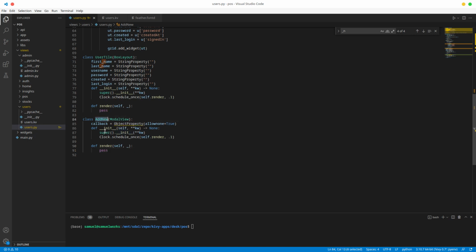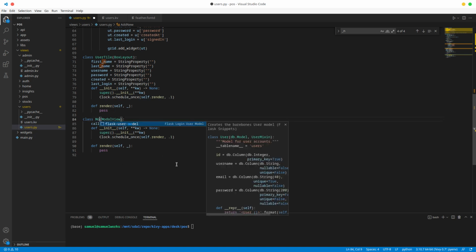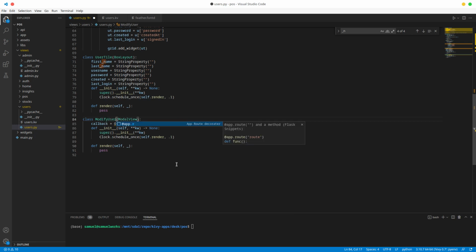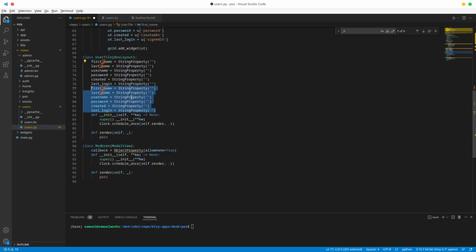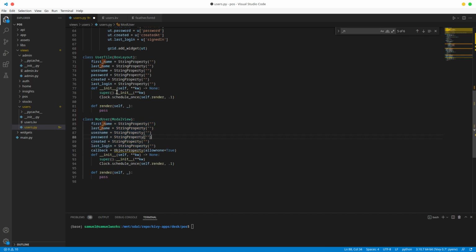I'm thinking that to be able to use the same modal view for adding as well as updating a user, I'm just going to call this modify user, or rather just ModUser, so that later I can also update a user. So I'm going to copy all of this in there, because when we update we want to have these, the previous info that we had, but we will not be able to get the previous password, because the password will always be encrypted. I mean, we will be able to update the password,